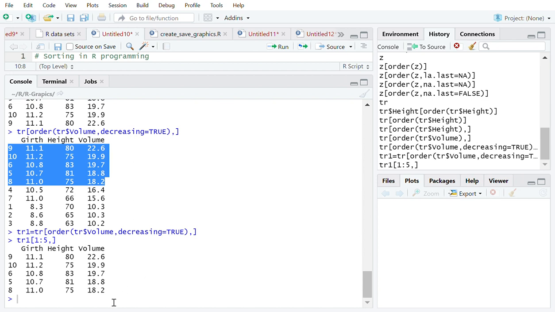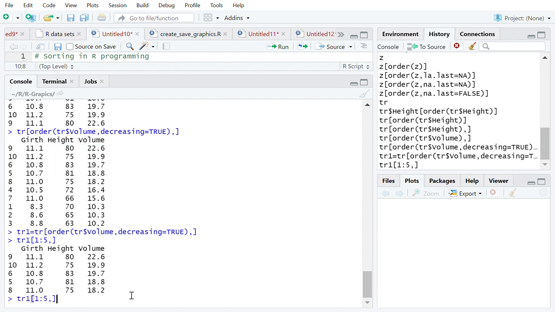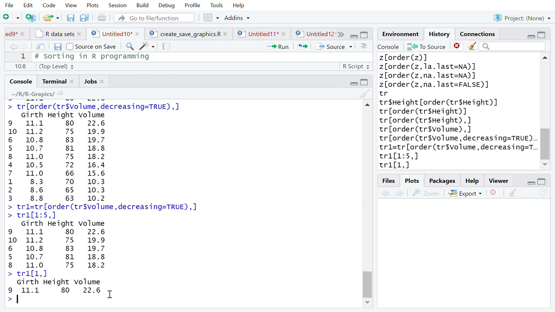Okay. Similarly, if I ask you to find the description of the tree which has maximum volume, maximum volume means the first one. Okay. So this is how we can find out